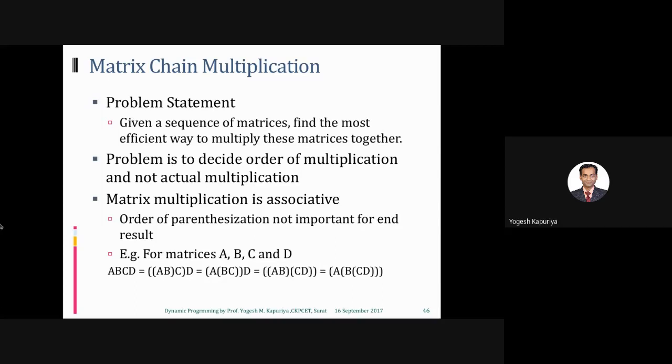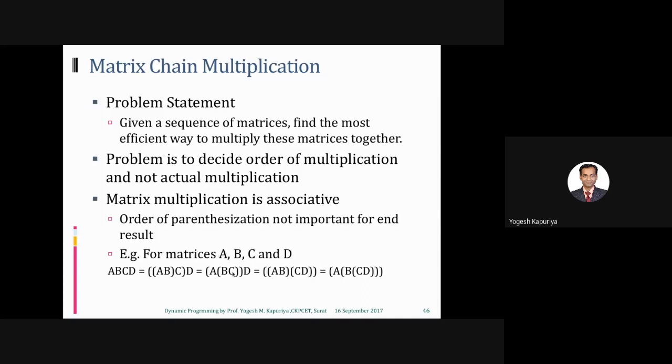by putting the parentheses, meaning in which order you should multiply the matrices. So let's say if these are A, B, C, D, there are 4 matrices, then there are a number of ways by which you can put the parentheses. For example, this is one way. It means that you are having A and B. That means you will first multiply AB, then the result of that will be multiplied with C, and then the result of that will be multiplied with D. So that is one way to perform matrix multiplication of ABCD.